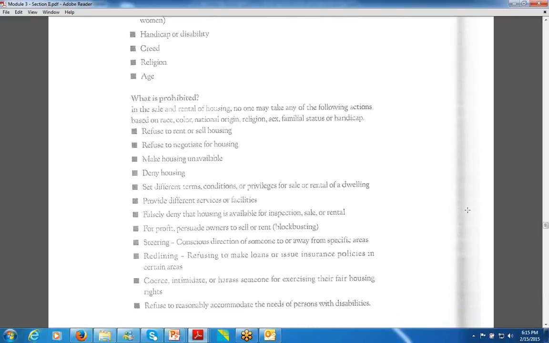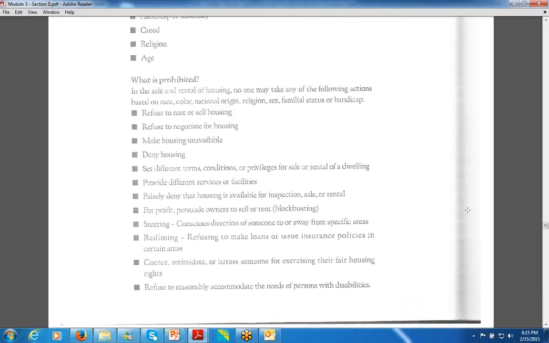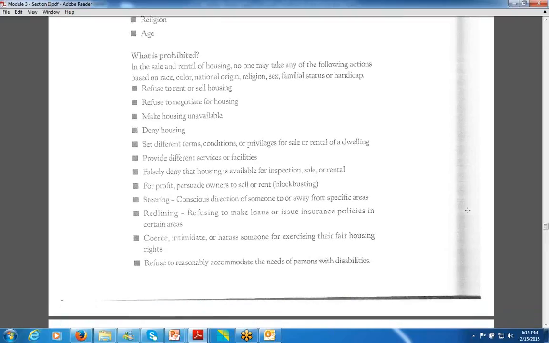What is prohibited? Refuse to rent or sell housing based on the number of children. You see it based on family status. You see it based on origin. You see it, and it can be subtle. Refuse to negotiate, make housing unavailable. Oh, it's no longer on the market. And if you sense that you've been steered to certain places and away from where you want to go,